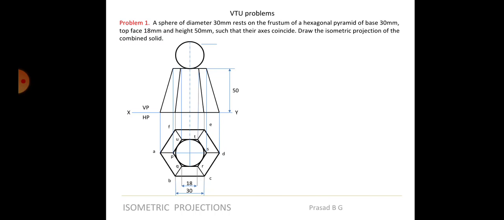As I told you in my previous explanation in the first video, if the top side was not given, then you had to draw the front view, and only then is it possible to get the top face. But in this case it is not an issue, because the top face of 18 mm is already given, so if you directly draw that, it is fine. Anyway, it's better to draw the front view also, but not really compulsory, but let's draw it.